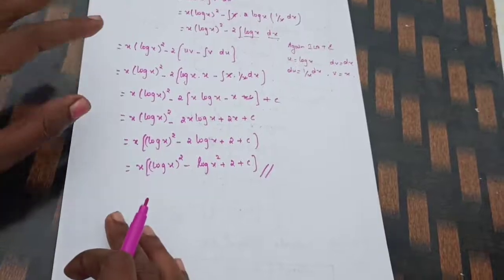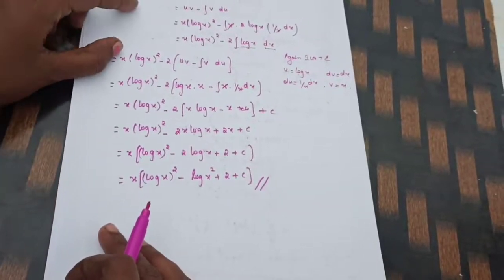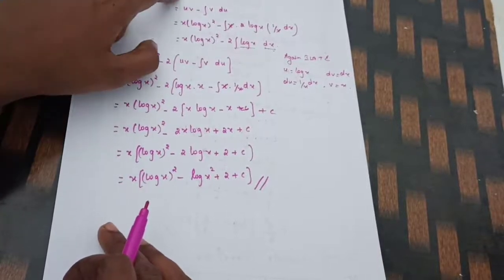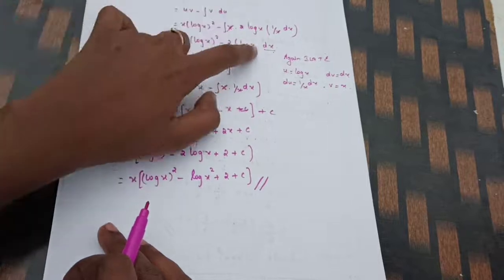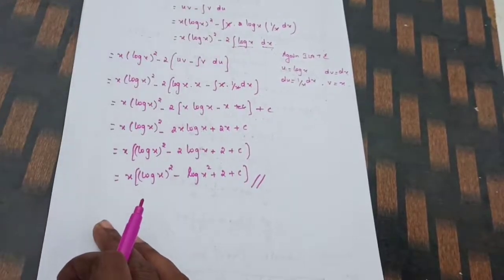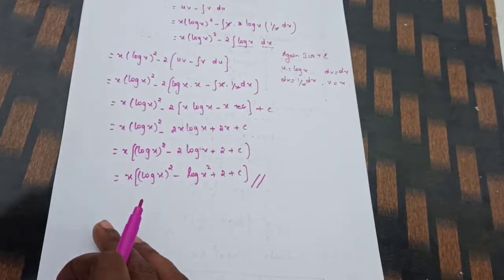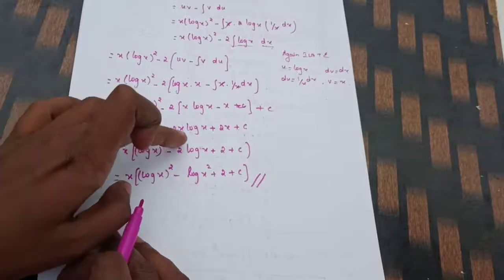Okay, to avoid your confusion, shall I repeat it again? Integral of log x the whole square dx, so u into dv. Using that formula I substituted. When you check again, inside the integration there are again two functions, so you need to use the highlight again. For this one I substituted the formula. Afterwards, finally, you will do up to here.